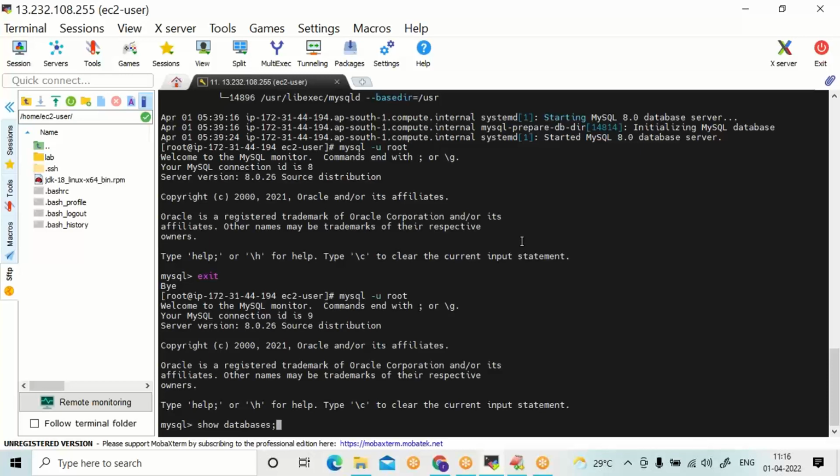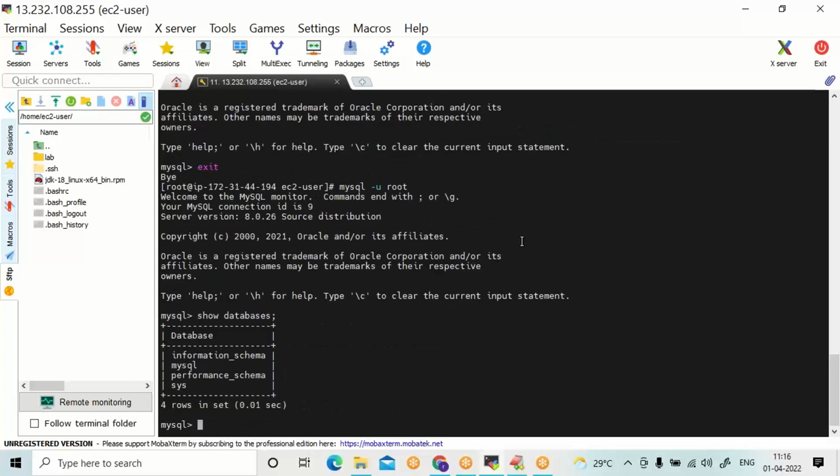It will show all available databases inside a MySQL server. We won't use existing databases.